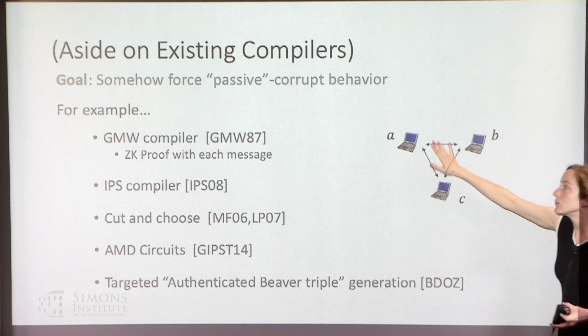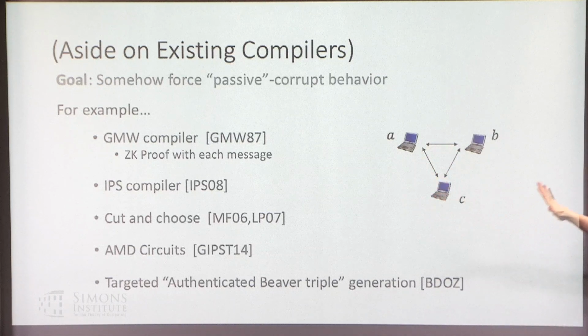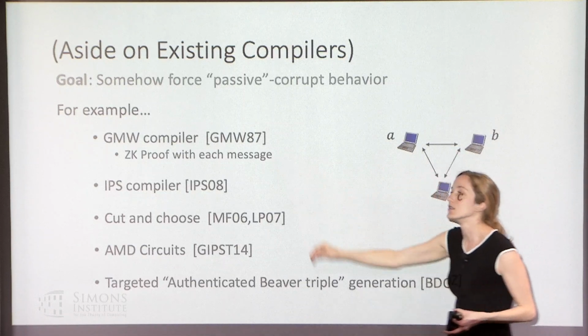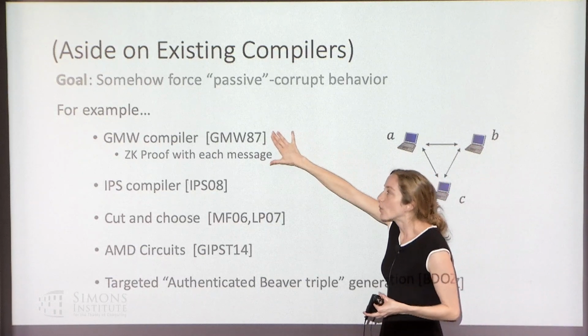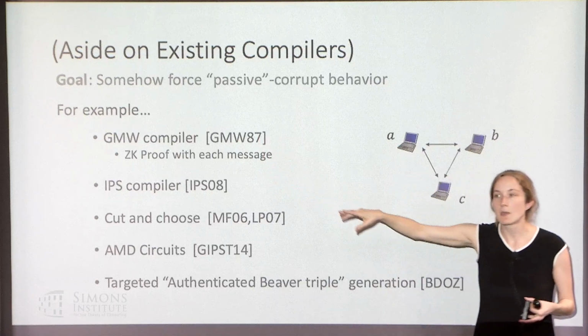Okay, this is actually a beautiful compiler. I'm jumping the gun a little bit. What I want to say is, there's two maybe limitations on this compiler. One is, unfortunately, the overhead is pretty high, like the size of these zero knowledge proofs and so forth. And the second is that in some settings, in order for this to work,